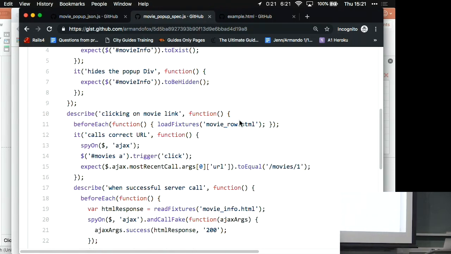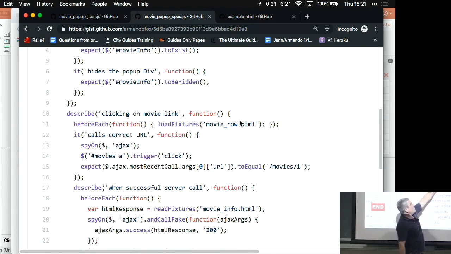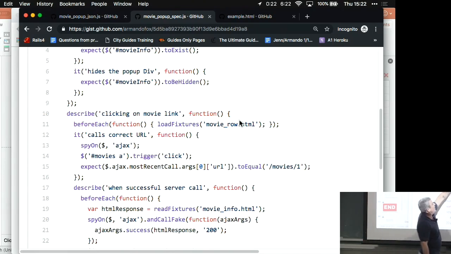So how do I do that? I spy on the actual AJAX call, right? Spy on, the first argument is the object. The second argument is the function valued property slot. In this case, the object is the jQuery object itself, which is where AJAX is defined, right? So I'm going to spy on AJAX, and when I actually trigger a click on a link,